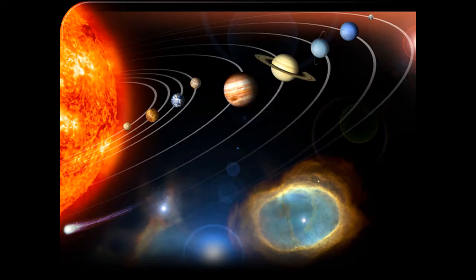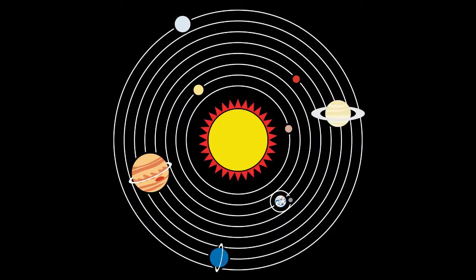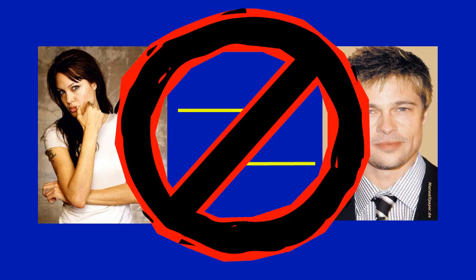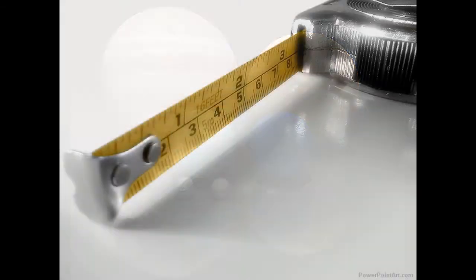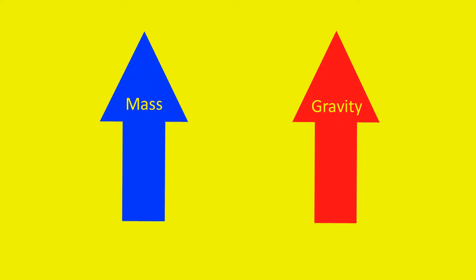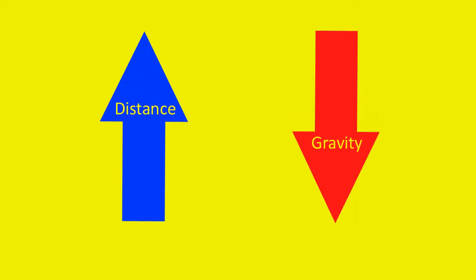Gravity holds all these celestial bodies in orbit around the sun. Gravity is the force of attraction between two objects, not the attraction between you and the kid sitting in front of you. That's called love. Not the same as gravity. How strong the gravitational pull is depends on the masses of the two objects and the distance between them. The greater the total mass, the stronger the gravity. The greater the distance between them, the weaker the gravity.